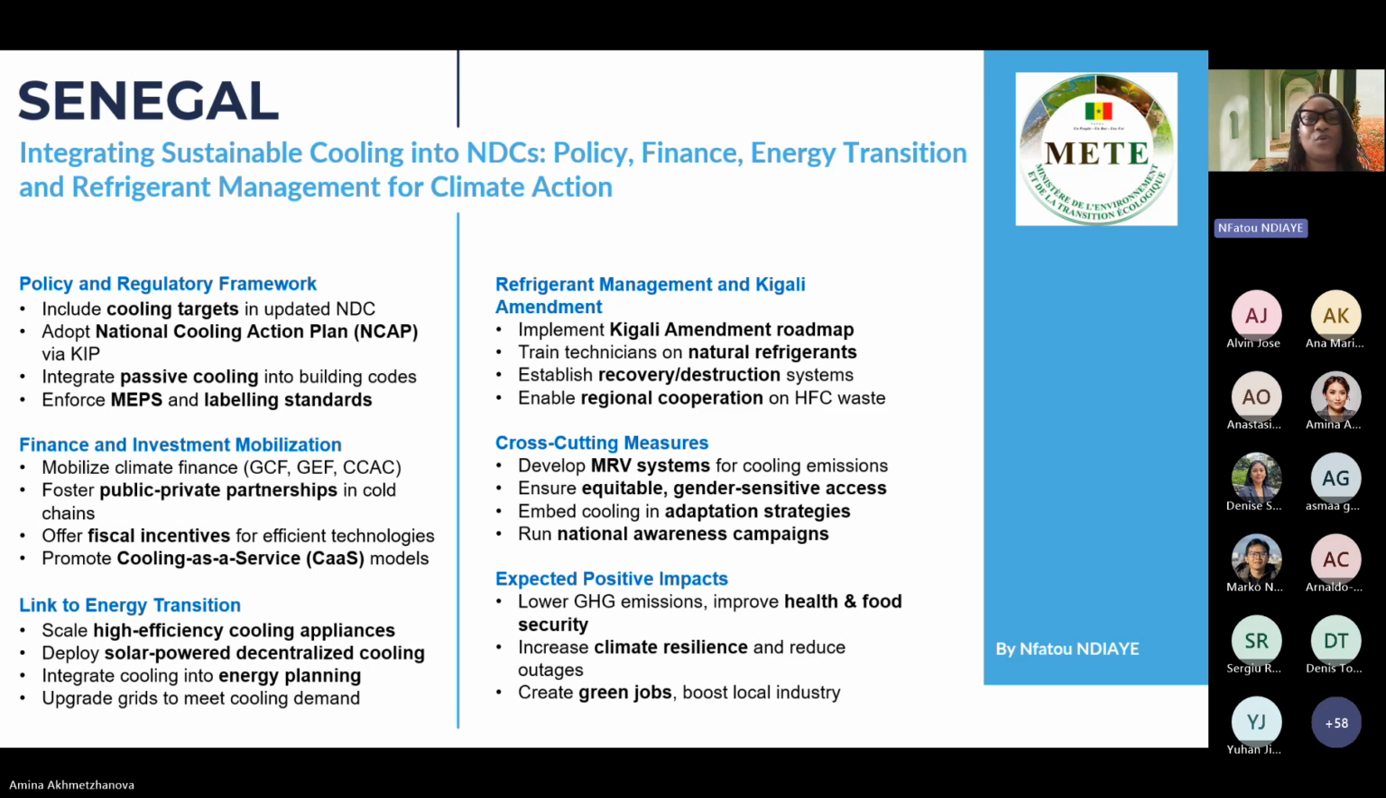And in this bureau, they work with a lot of stakeholders in the transport sector, industrial sector, private sector, CSOs, and so on. They also try to mobilize financing through the GCF and the Paris Agreement or climate change UNFCCC in order to foster public-private partnership in the cold chain. And also through customs and commercial administration, they have fiscal incentives